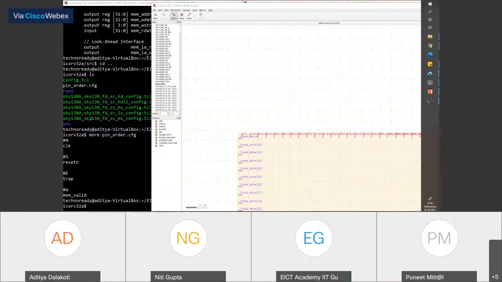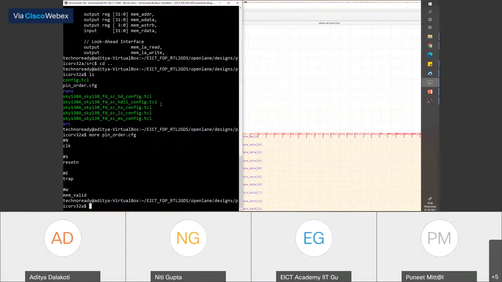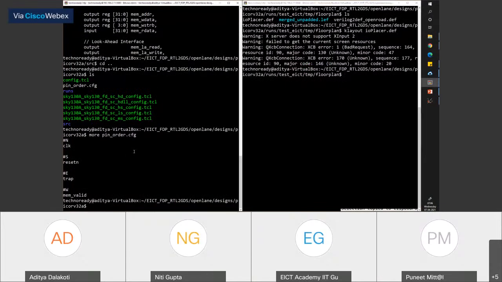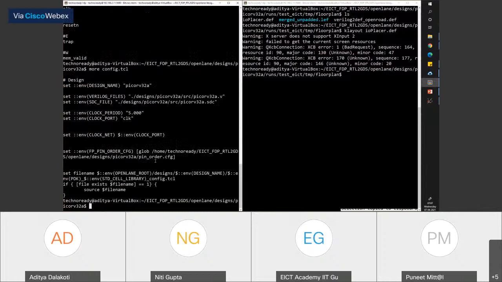I'll repeat after pinorder.config just for everyone's reference. We created a file called pinorder.config, and after that, in our main config file, we added an environment variable which I pasted in the chat, and provided the path to where the pinorder config resides.